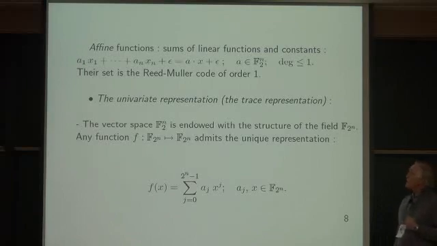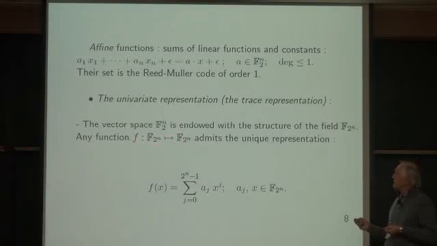So to have more structure, a way is to use the field structure. So the vector space, as a vector space, F2 to the n, is endowed with the structure of the field F2 to the n. I guess that everybody knows in the room how we do. There are many ways. You choose an irreducible polynomial, or you know that this is a vector space of dimension n, and you take a basis. Anyone will fit. And then any function from this